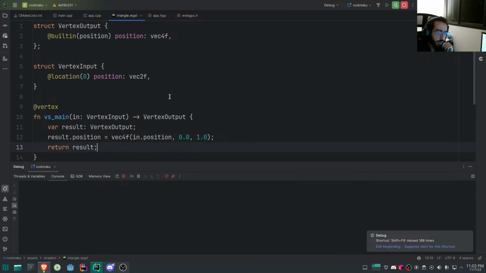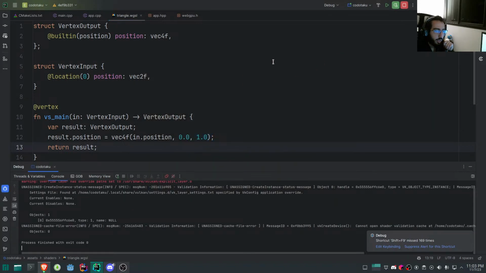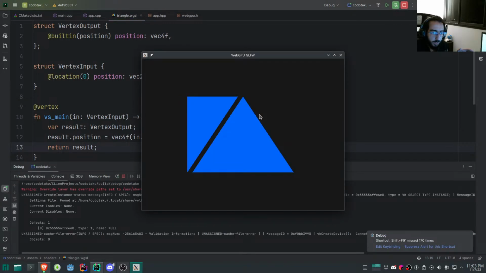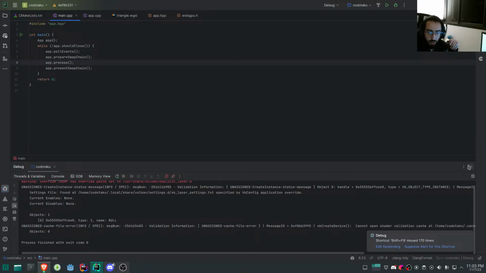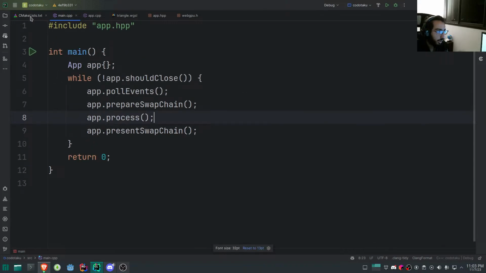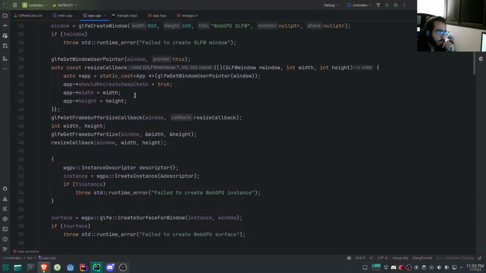Nice. Let's go and let's see if this actually works. Amazing, perfect. One thing that I have that is kind of irritating is the fact that the app starts but you don't see anything for some time. There you go, as you can see, and then it just renders in. So what I'm gonna do, I don't want to show the user the window while even the render hasn't been created yet. So what I'm gonna do actually